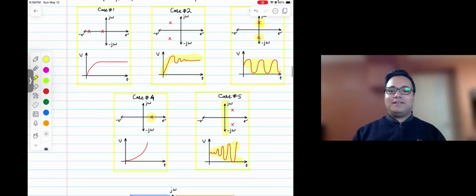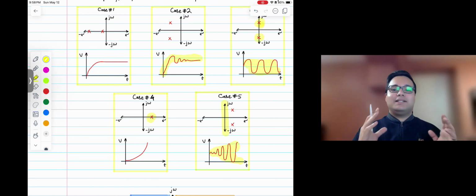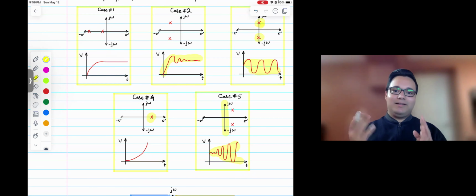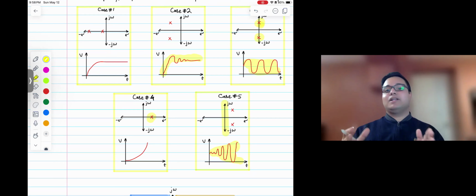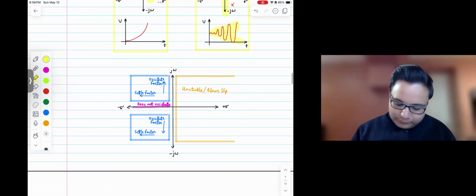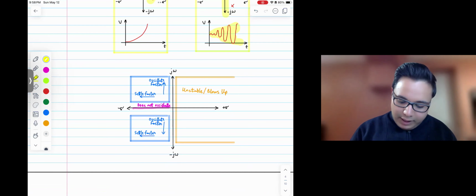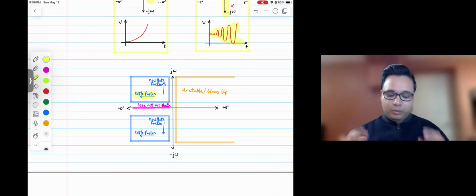So all of these statements about stable and unstable, you can't really say we never want unstable, because there are circuits where we are intentionally trying to build unstable circuits because we want them to oscillate, right? Okay, so on the S-plane, usually the trends are that if you move towards the left,